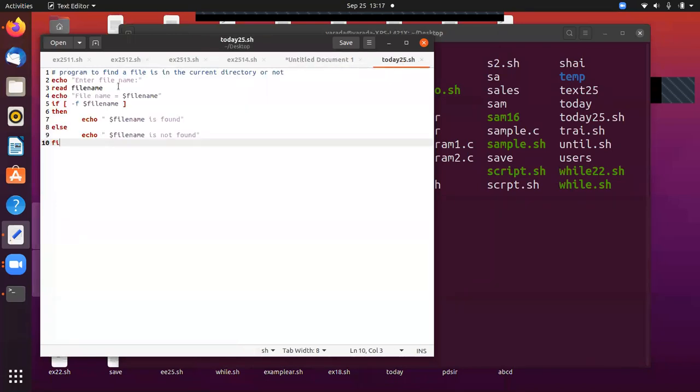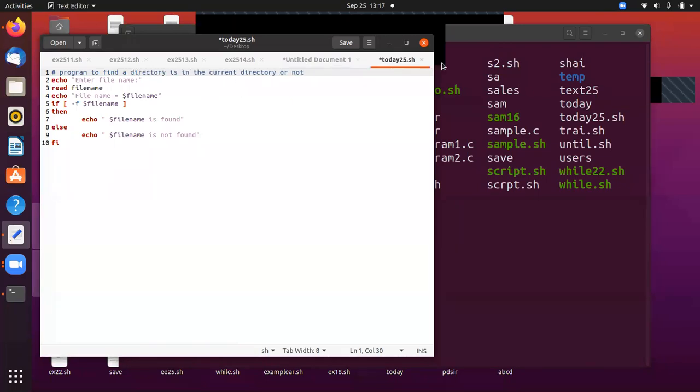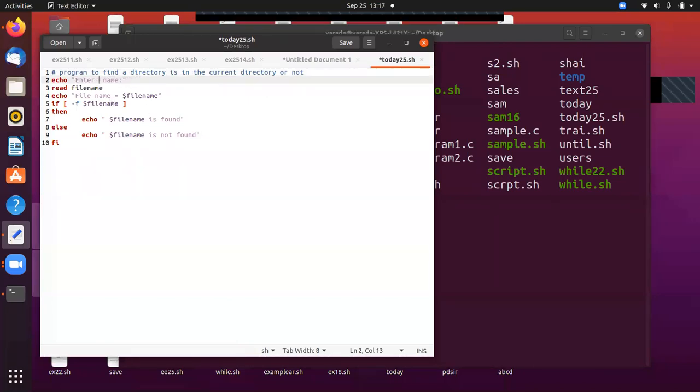So how can we write the same program to find whether a directory is in the current directory or not. Okay, so enter directory name, and I can store this directory name in one variable, that is dir. After that I'm going to print the directory name dir.